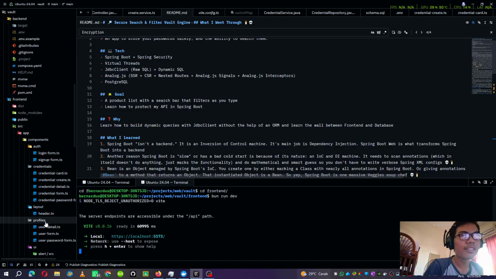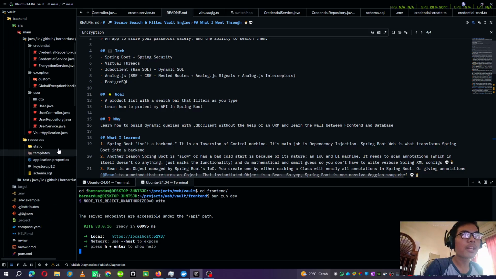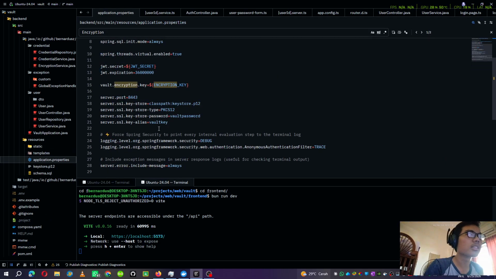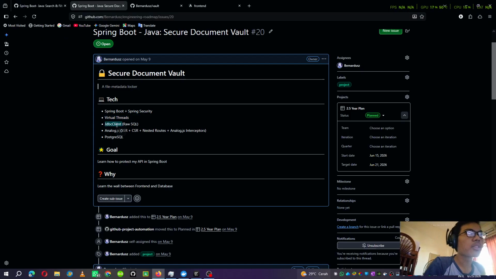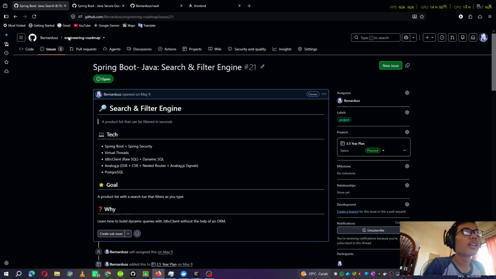Did I? Application.properties. Okay, yes, virtual threads. I use a JWT client still. I use Analog.js for its isomorphic nature. I use PostgreSQL also. But yeah, then with a search bar that filters as you type, yes, that was implemented